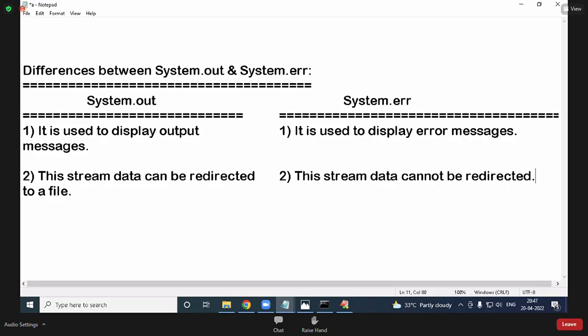So error messages are not required permanently. That's why ERR. Output messages will sometimes be stored permanently. That is the reason for out. For this example, you have to write the output.